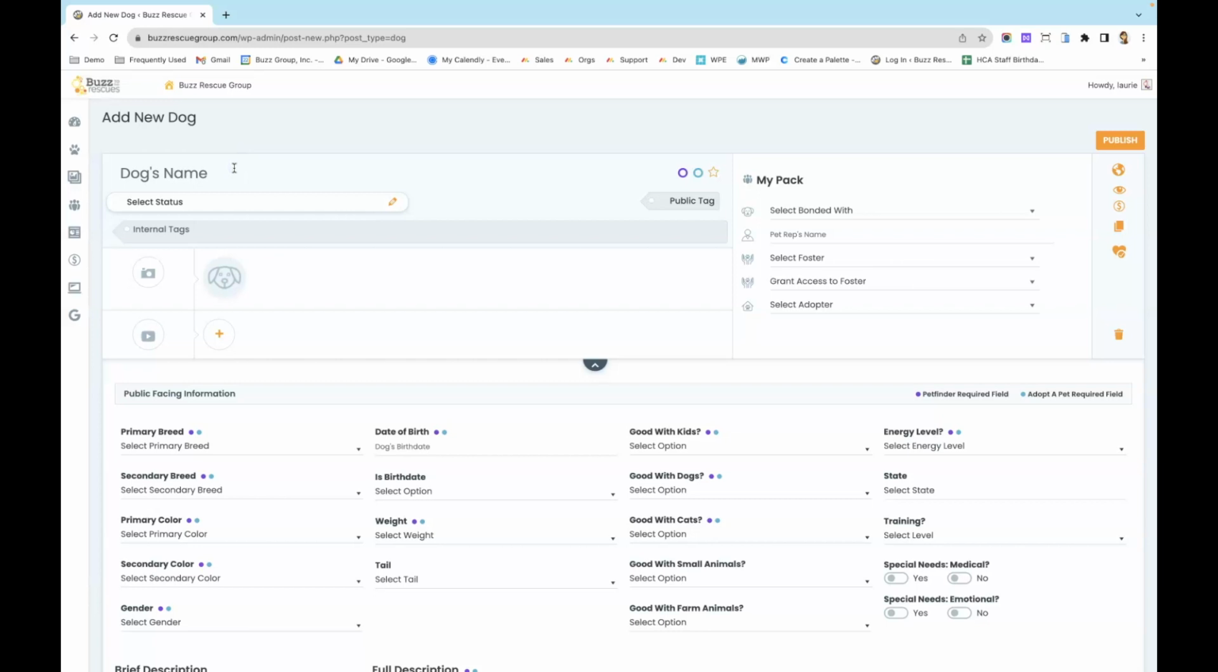Now the two most important things that you need to remember when entering a new animal is they have to have a name and they have to have a status. So that is the first thing I'm going to do every time I add a new animal. I've entered in Ginger's name and now I need to select her status. By clicking on the pencil, it's going to pull up my status list and I'm going to choose whichever one